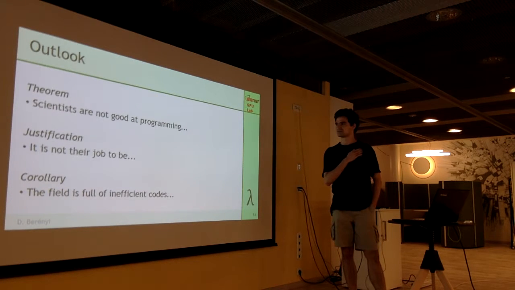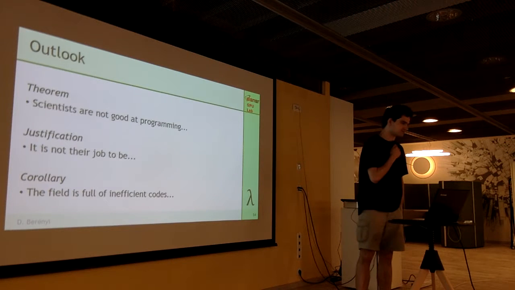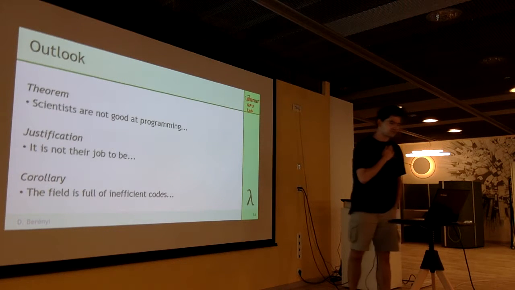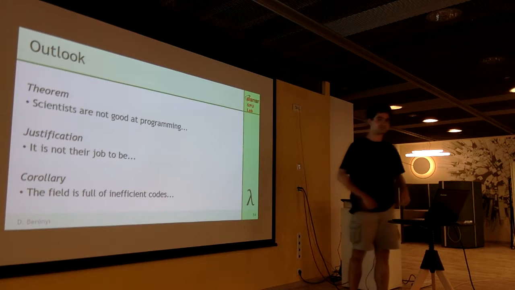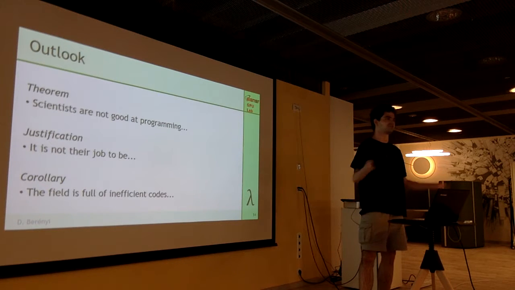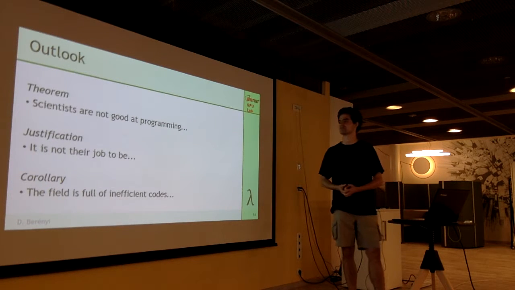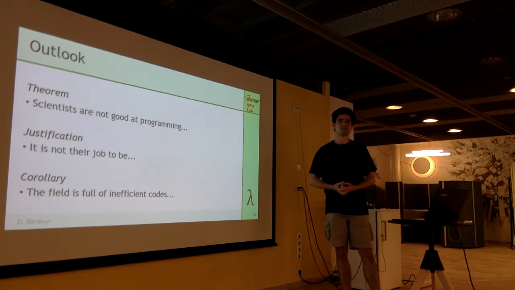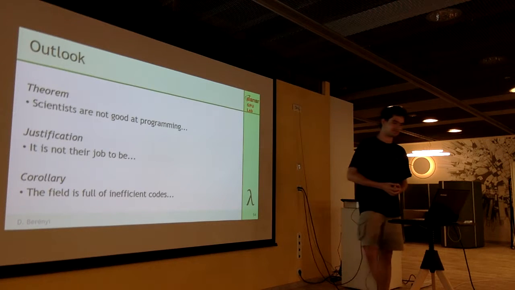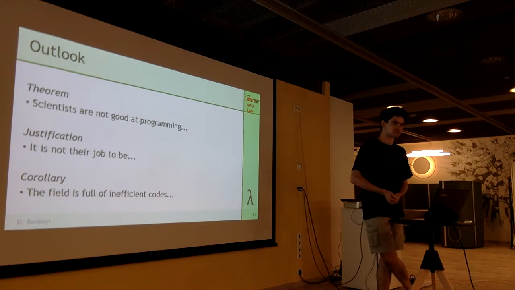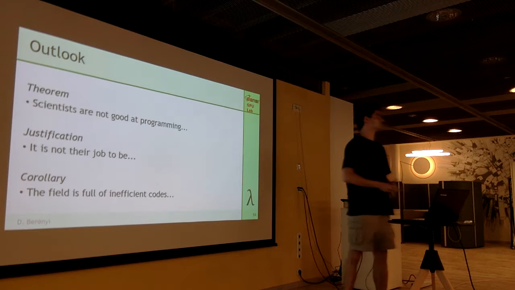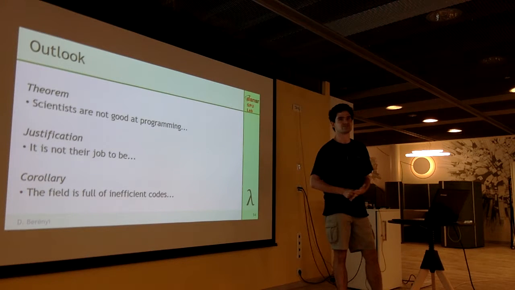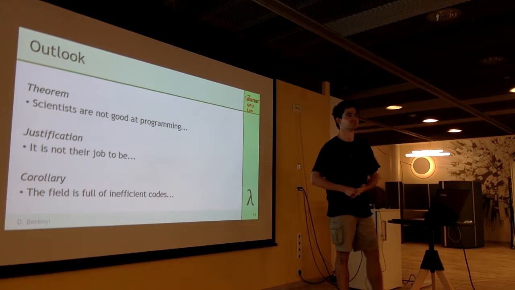Now, this problem is so serious that there was a review of the codes used at CERN for all the particle physics simulations, and it turned out that they are using less than 1% of the hardware capabilities. This is really a bad thing because computers cost money, and if you say that you are just using 1% of it, nobody will give you more money to buy more hardware.